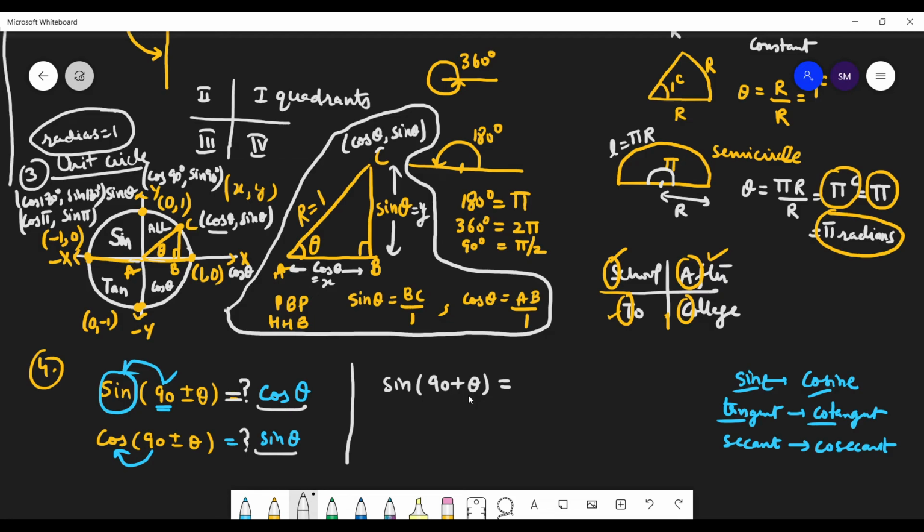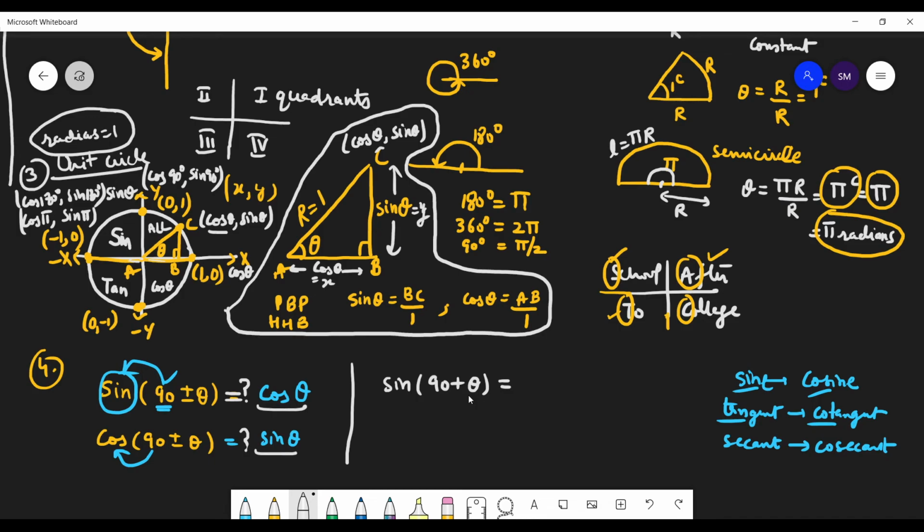Now see here, this is 5 times, just like 3 pi. Just like I changed here because this is 3 into 90, and this is 1 into 90, I changed the trigonometric ratio sine to cos, right? But here, it is a multiple of 180 degrees, so no need to change. Multiple of 180 degrees, here it is 5. No need to change. So plus sine. Is this clear, students? Beta, if there is any doubt, please ask.